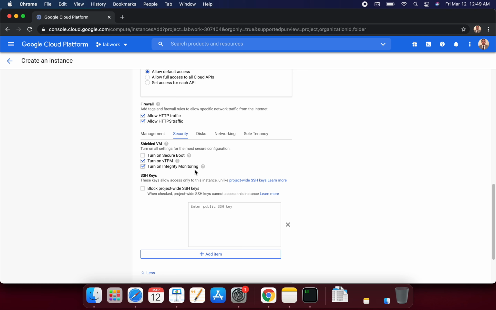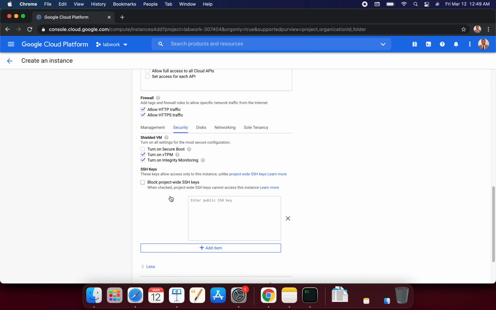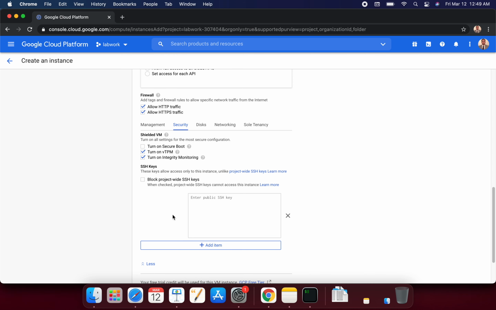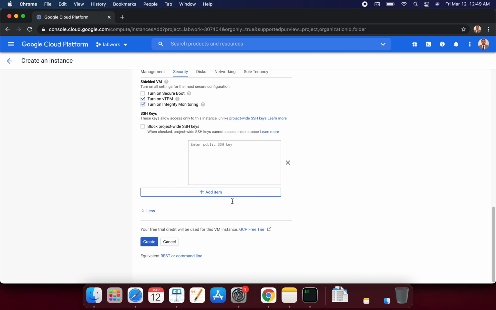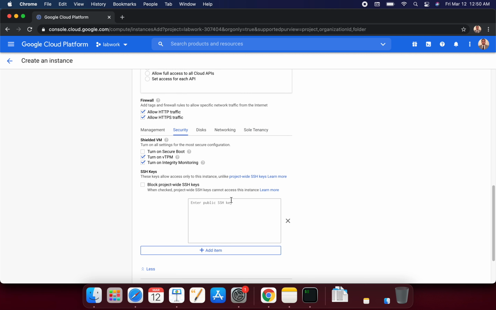So there are a couple of things that are already turned on. Turn on the vTPM, which is the trusted platform module. And integrity monitoring, this is also very important. If your important system files are changed, Google will be able to track it. Now SSH keys, what you can do, you can create your own SSH keys if you like, and then put